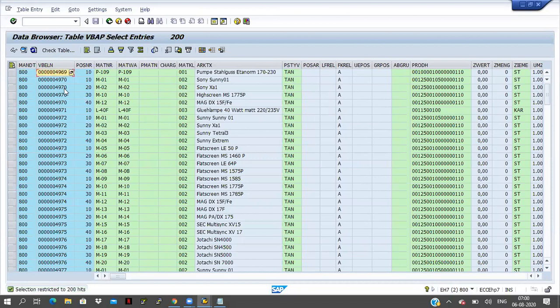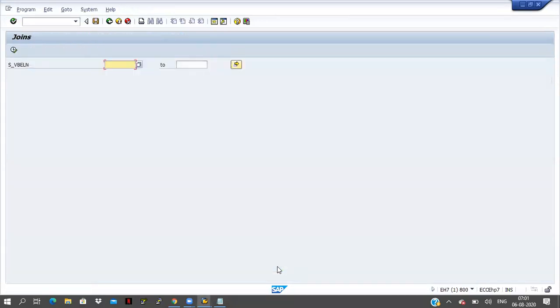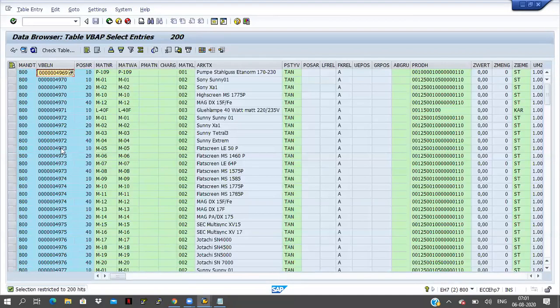And here I'm taking the data. I'm just copying the number and pasting it here, and I'm taking one more number.